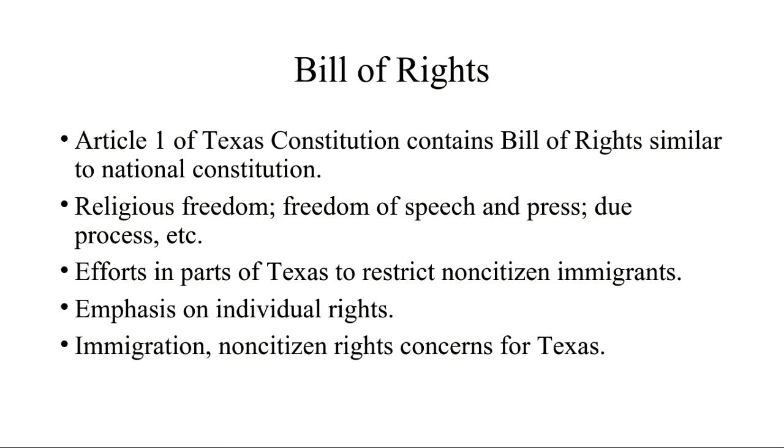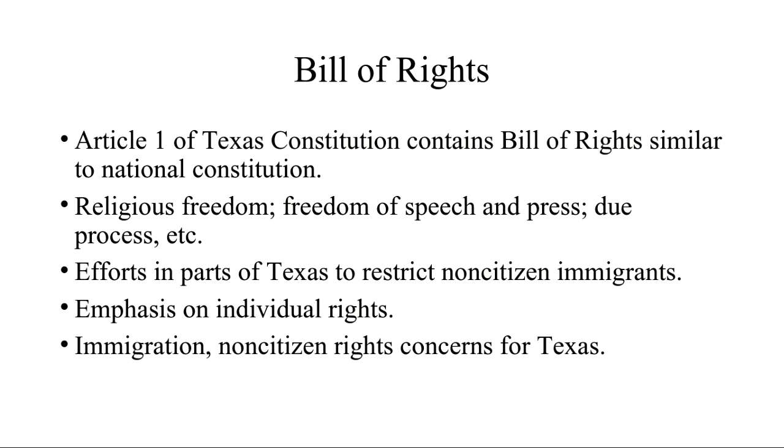Okay, so every state constitution includes a Bill of Rights. Every amendment that's in the federal constitution has to be in the state constitution. So every time the federal constitution is amended, the state had to add it to our constitution. And that can't be voted on by us because that's federal. So, for example, when they lowered the voting age from 21 to 18, Texas had to write that into the